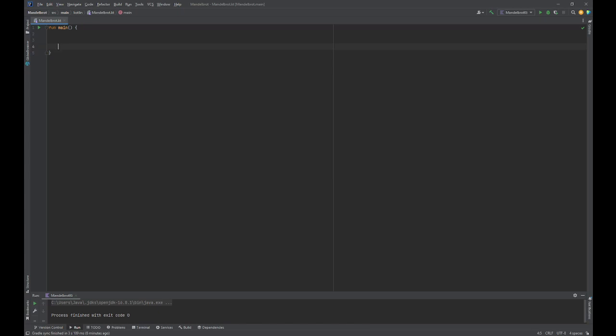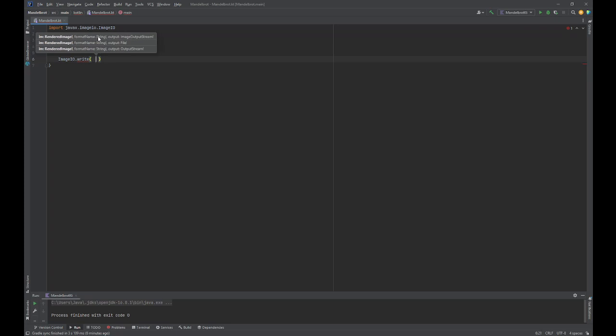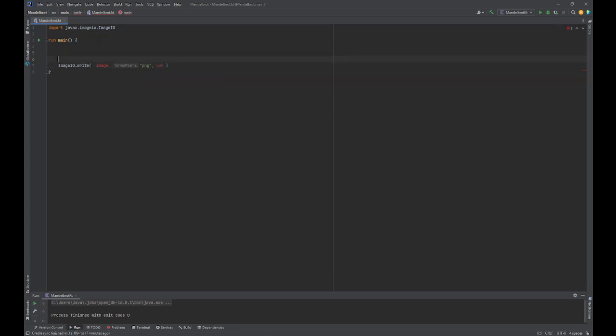In Java there is a class called ImageIO that we can use to write images to disk. So if we have an image and we want the resulting file to be of type PNG, and we write it to an output stream. A file stream in Java is created by saying FileOutputStream, and we need to give the file a name. Let's say result.png,